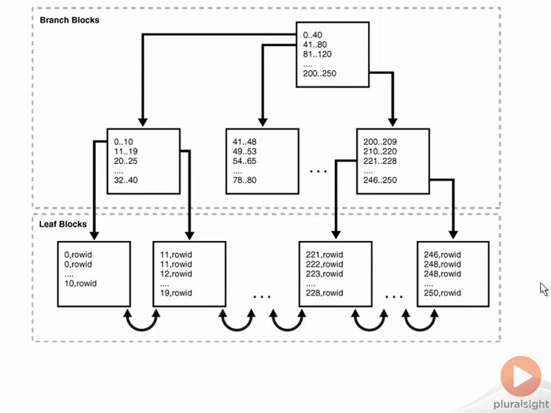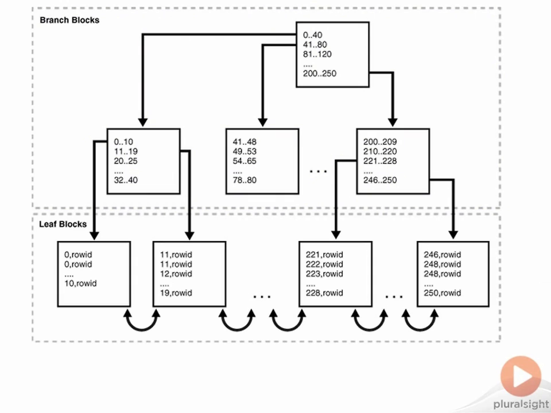Here we go. This is from the Oracle documentation. When you create an index, or if Oracle creates one for you, it takes your rows and organizes them in a pyramidal structure. Now, see what's going on here? Up at the top layer, the branch blocks, we have our rows being partitioned such that we have 1 through